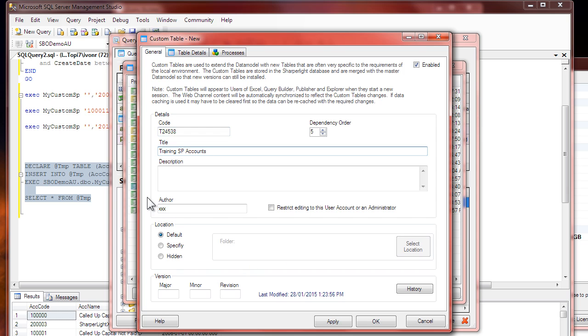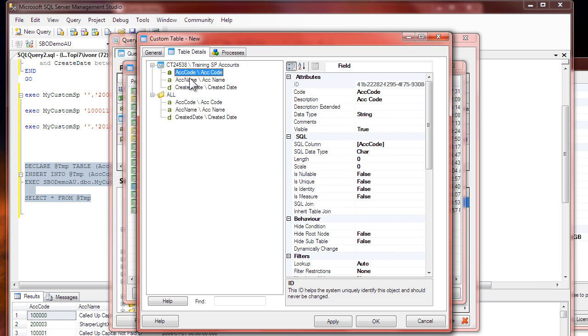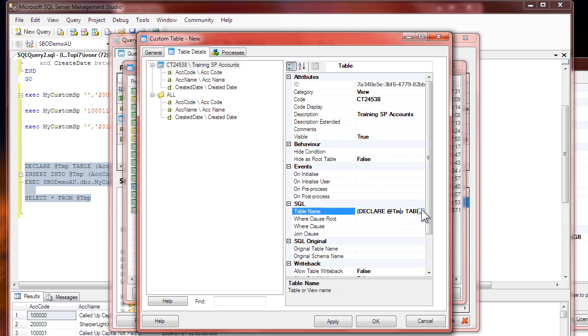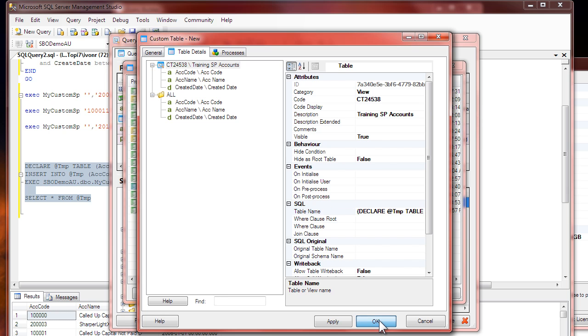So there's the basic summary of the table, and on the second tab you'll have table details. You can see that it's discovered the column names for that stored procedure that are returned by the stored procedure, and if we look at the table properties, you can see here it's just wrapped that SQL statement in brackets, so it's turned it into a virtual table, so it's going to try and select from that. This is not going to work without some additional changes to the syntax, but let's just try this out as it is now. Press OK,